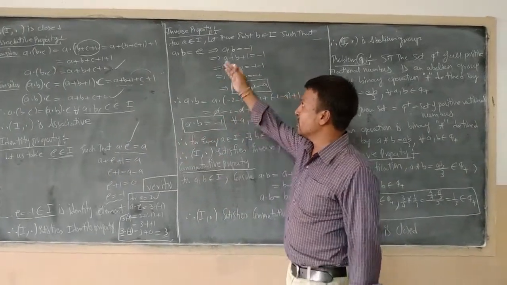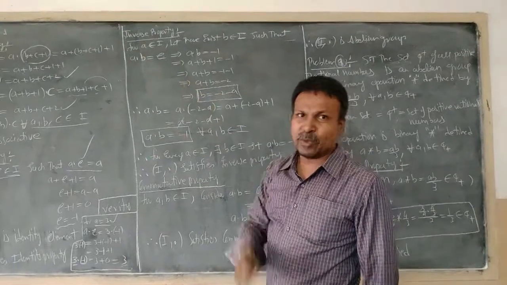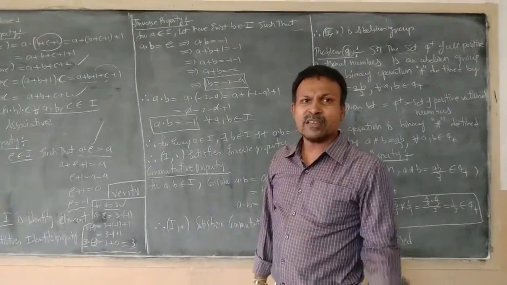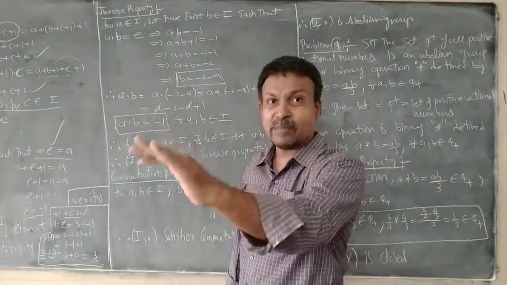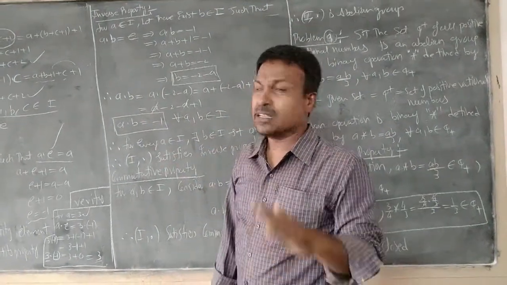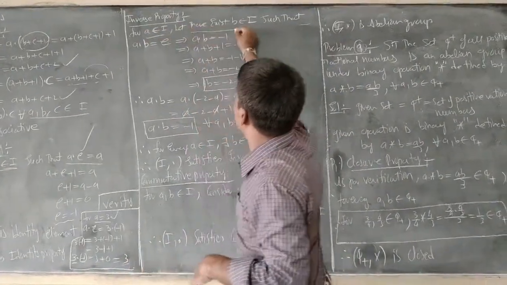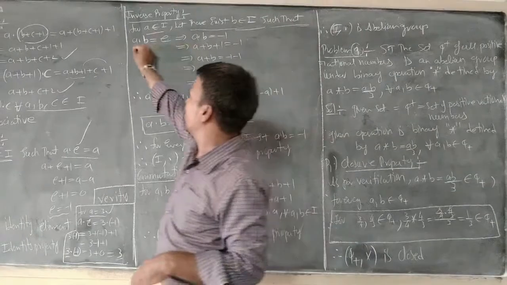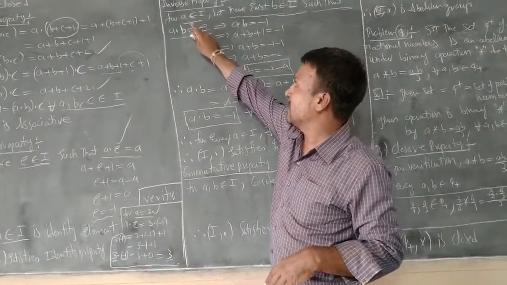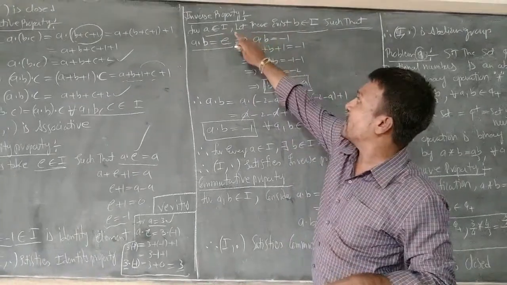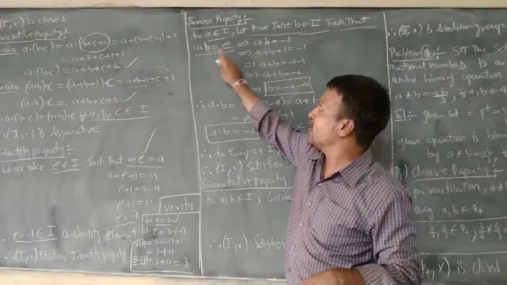If we proceed to the next property, that is the inverse property, here also while proving the inverse property we should be very much careful. Why? Because for every element a, if we take some integer, we have to find one inverse element b in the same set of integers. Therefore further, for a belongs to I, let there exist b belongs to I such that a dot b is equal to e. I consider this statement as true. So that is, a belongs to I, let for this a there exist b belongs to I such that a dot b is equal to e.